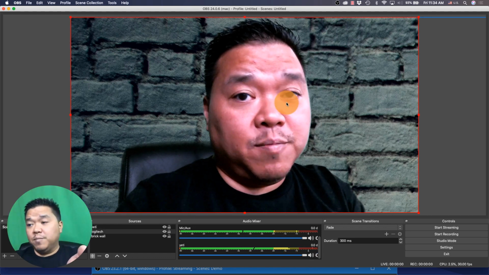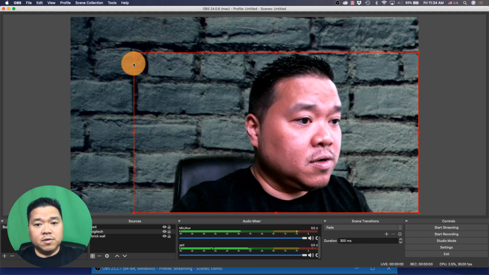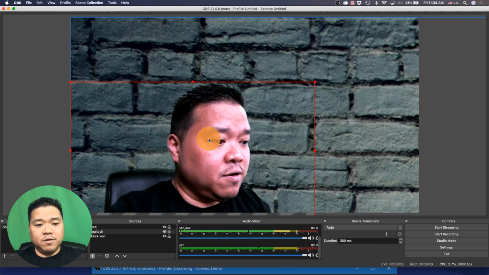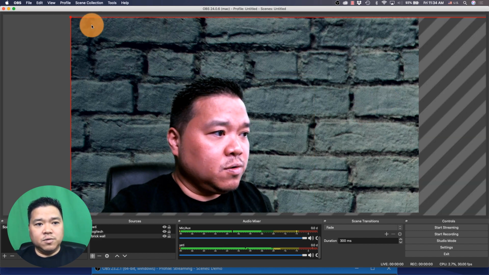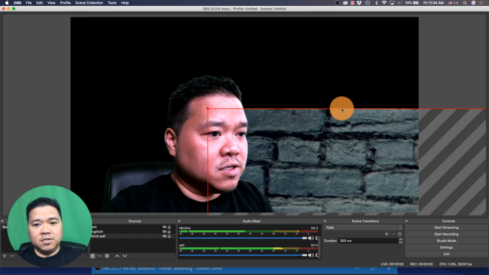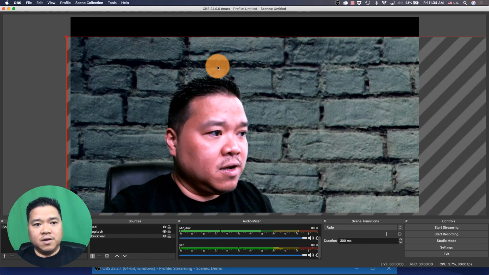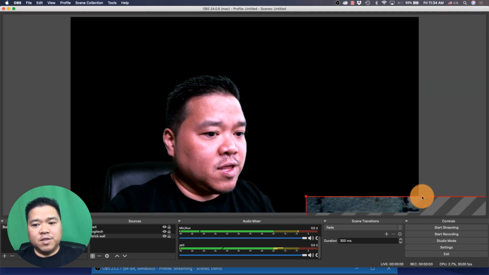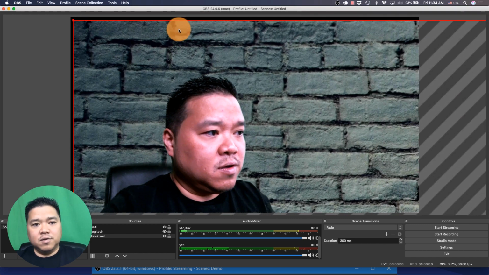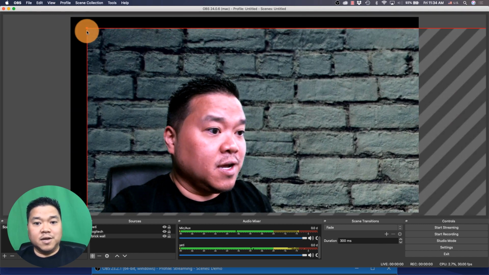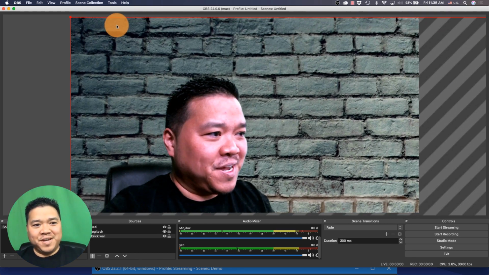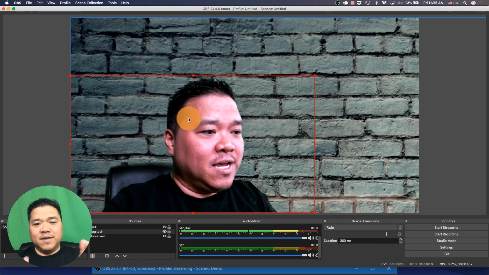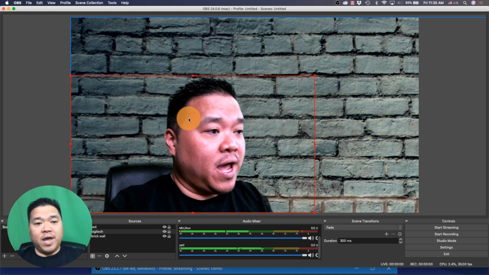For example, if I wanted to make myself a little smaller, I could shrink myself down here. If I wanted to do that to the background too, I could take the background and make that a little smaller, just because I want my bricks to be a little smaller. Okay, there we go. So just to give you an idea of the kind of control that you have within